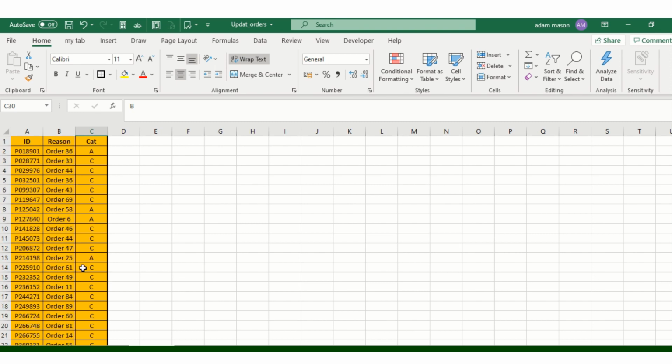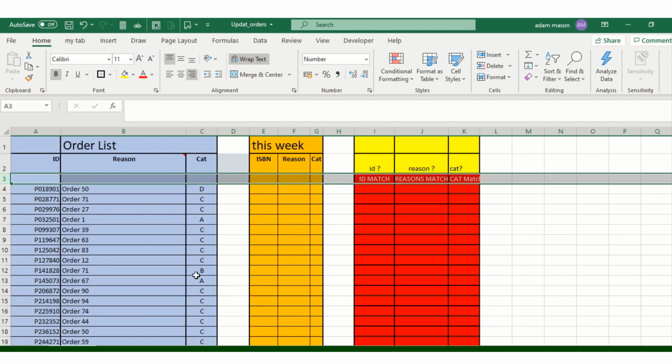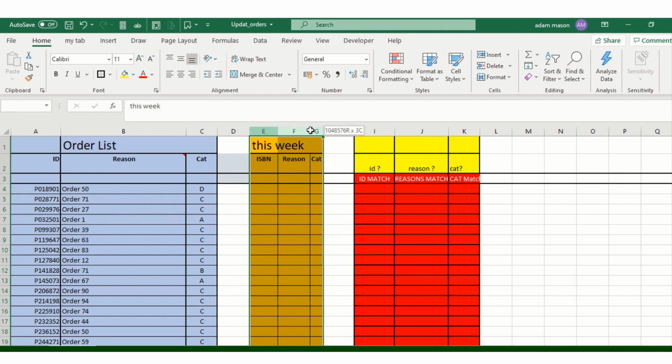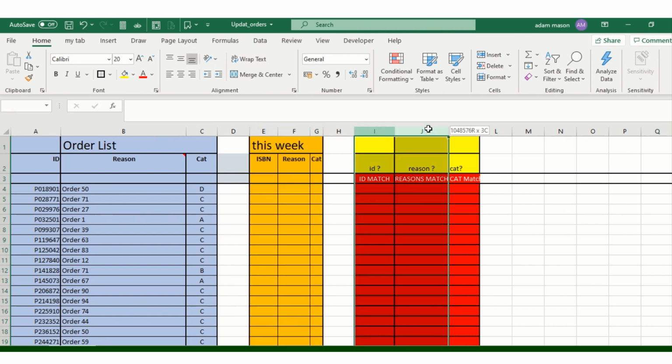We want to make sure that all of these correspond. So also on here we have our order list. This is what we're going to update and send off to the warehouse. This is from this week, and here is a formula check sheet. So this is my check